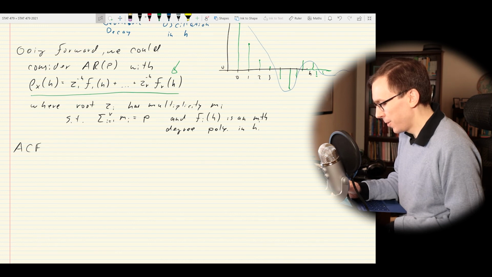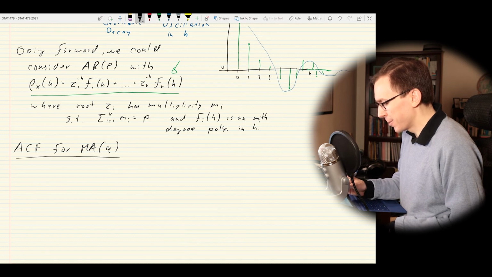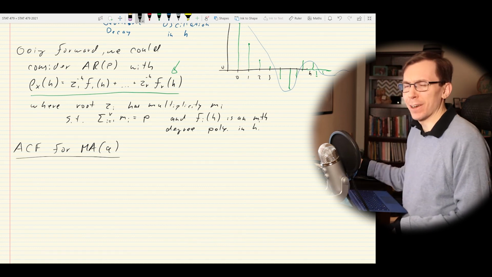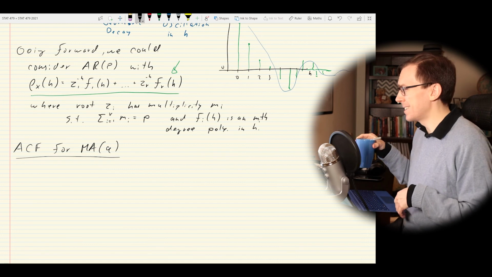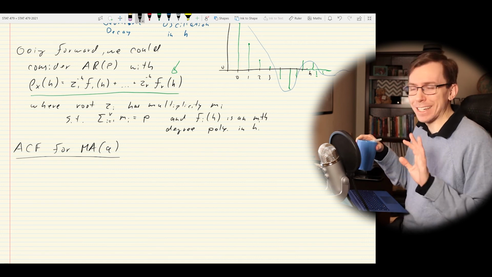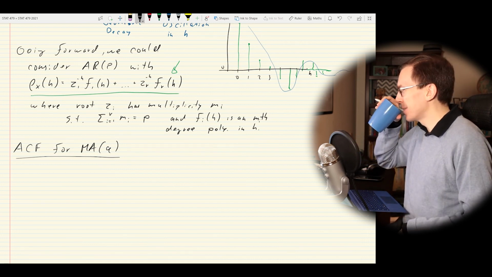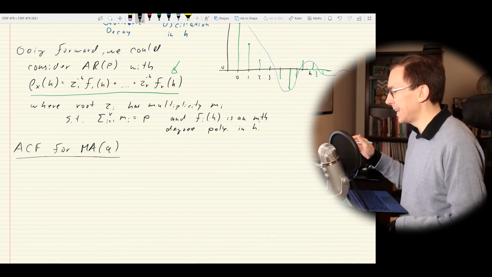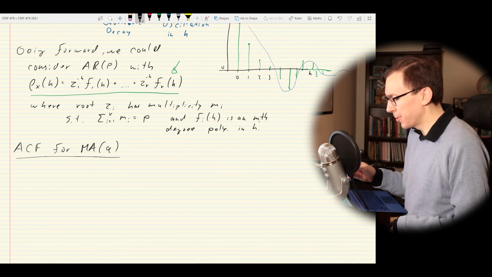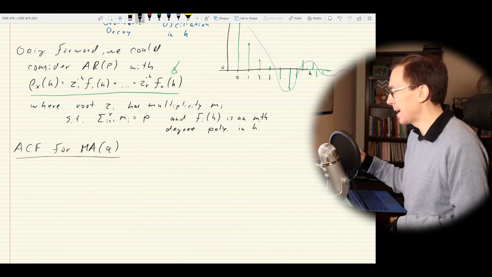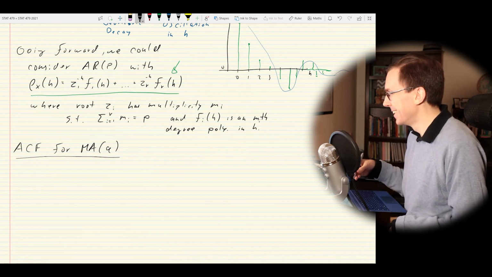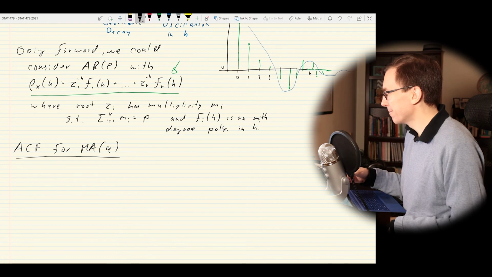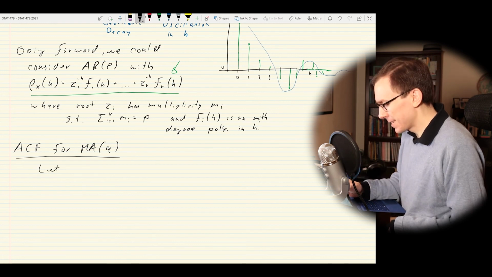So now we're going to do one more topic, ACF for MA(q). And don't worry, this one is going to be fairly short. Compared to all those first and second and pth order difference equations, this one's not going to be too bad. And we're going to jump right in with an MA(q) right away. We don't need to do an MA(1) or an MA(2) to kind of ease into it like we did before. So we're going to say let